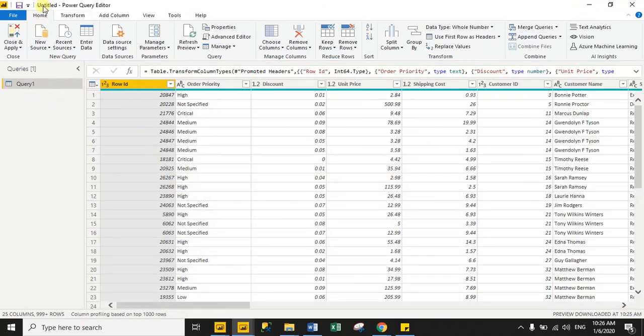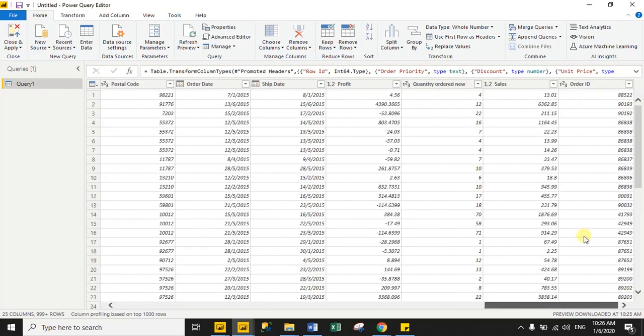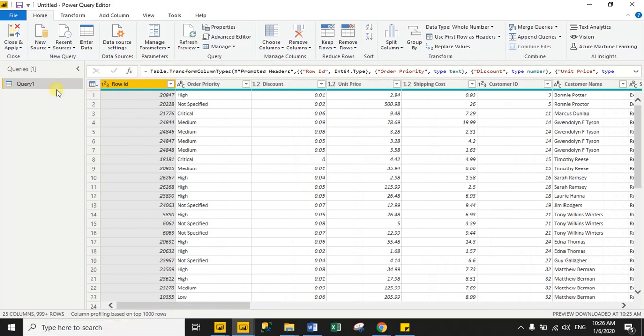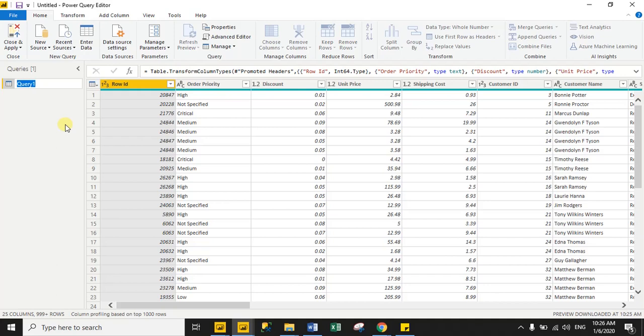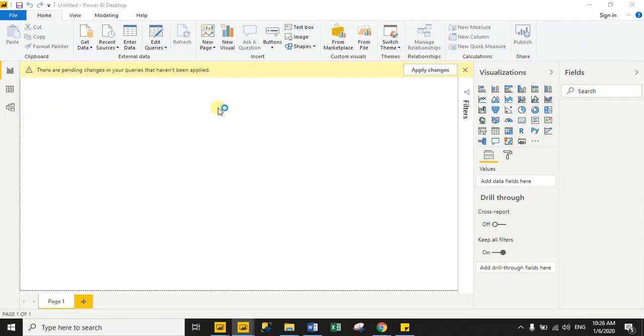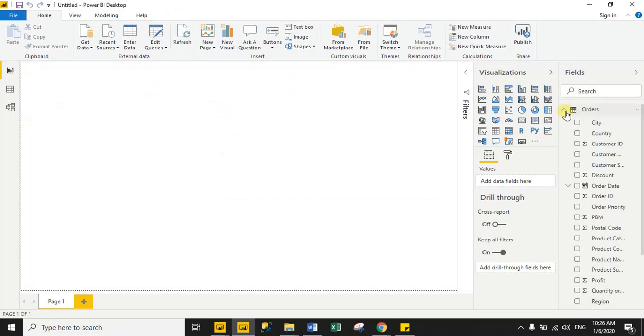So you can see here this is my second Power BI file. My file name is untitled, and here we successfully copied the orders dataset. You can see here this is the orders dataset data, and just right-click and rename the dataset. This is the orders dataset and then click Close and Apply. So you can see here this is the orders dataset and it is successfully copied from the first Power BI file to